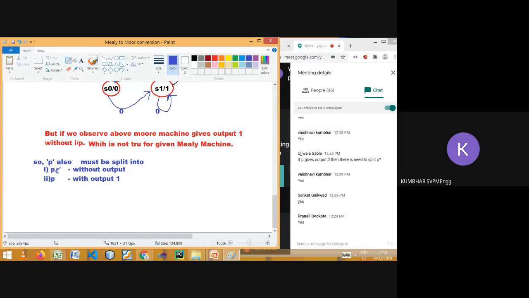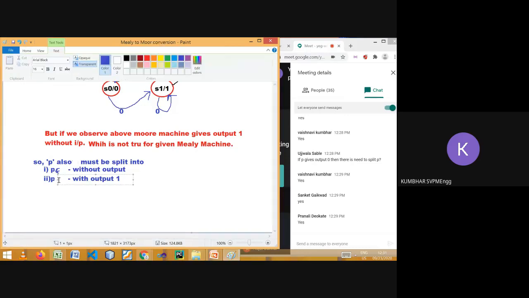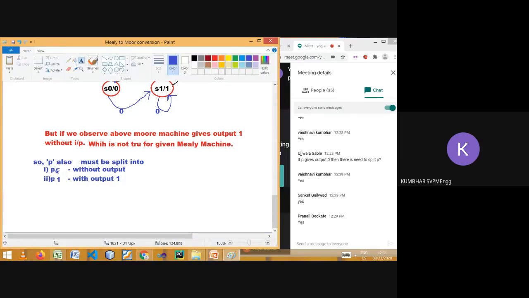This is the epsilon state and this is the P1 state. Here without output means the output will be epsilon. So do you understand the conversion? Yes, sir.